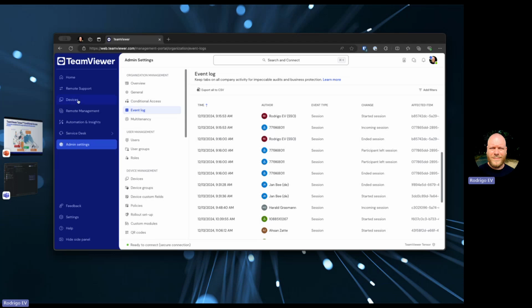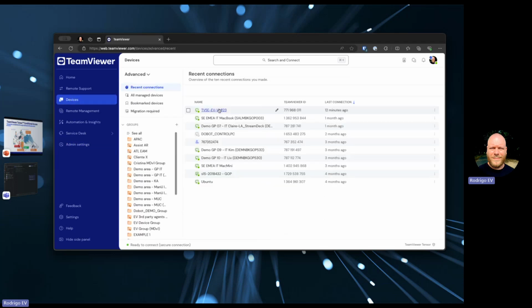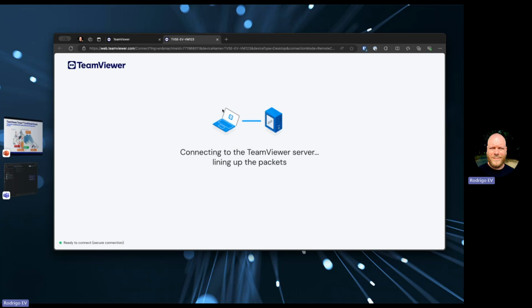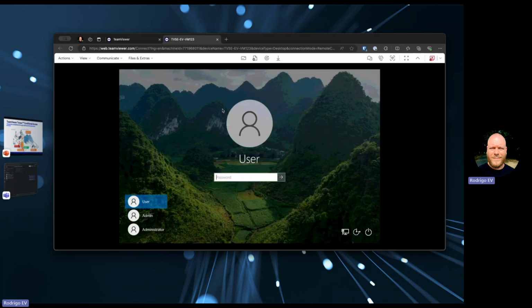We have here one of those devices that I can connect. So I authenticate myself. I'm authenticated on my client. I'm using the web client here. And one of these devices is from a group that we have here, a device group, and I will just connect to it. So double click, using the TeamViewer web client, I can use the full client as well, and